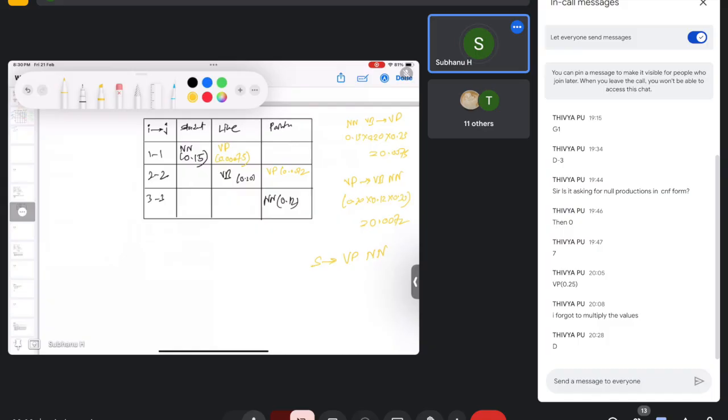So basically, student like, and NN is basically painting. I already know that student like is VP and painting is NN. So if I combine this, I will get 0.0075 into